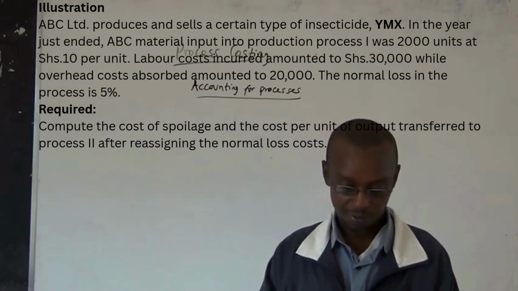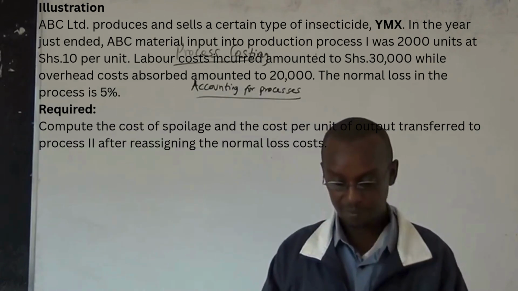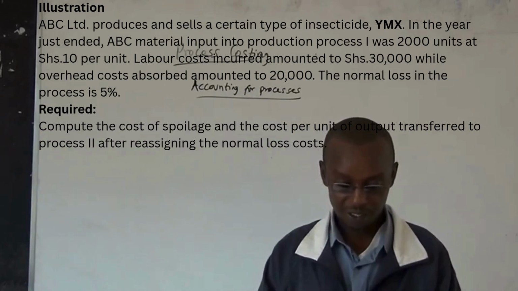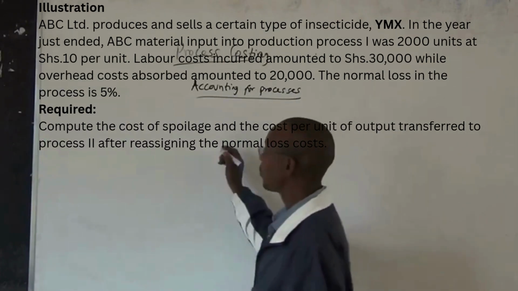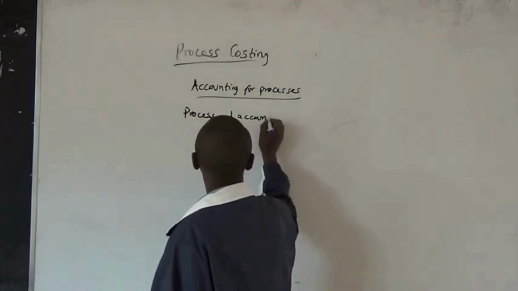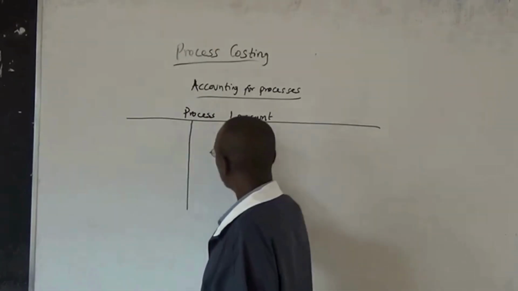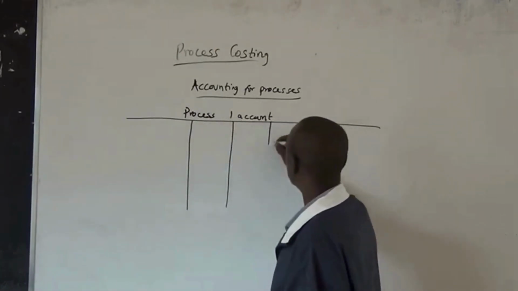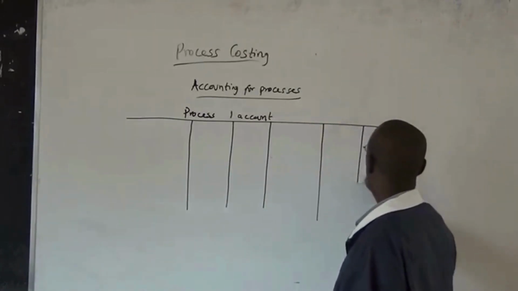Full stop. Compute the cost of spoilage and the cost per unit of output transferred to process 2 after reassigning the normal loss cost. So, we're going to prepare the process 1 account. A process account looks like this. Details, cost per unit, and amount. Details, cost per unit, and